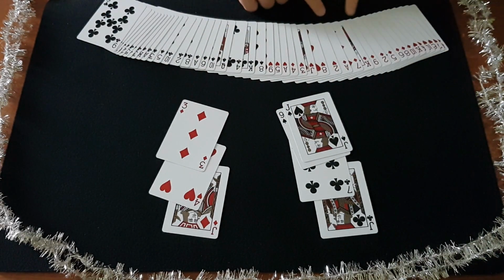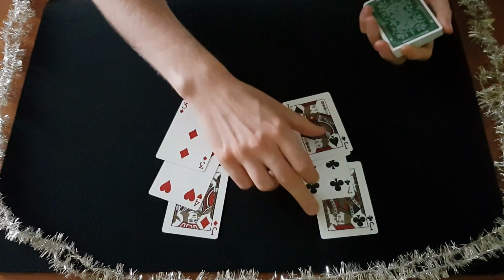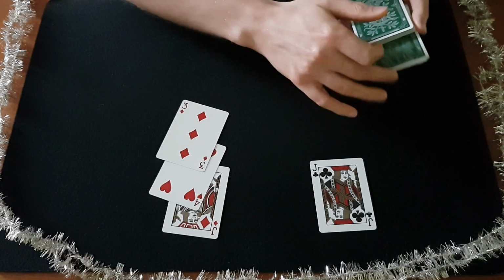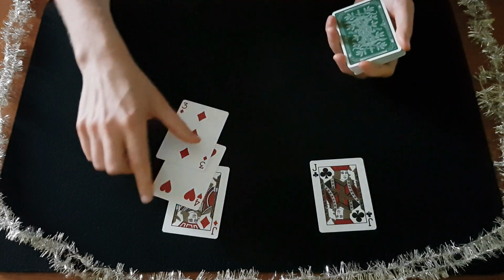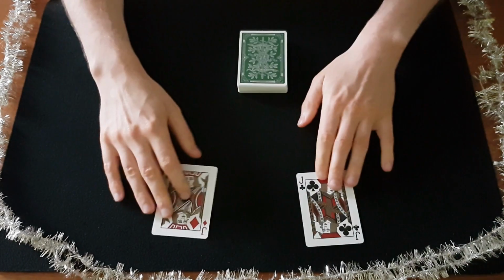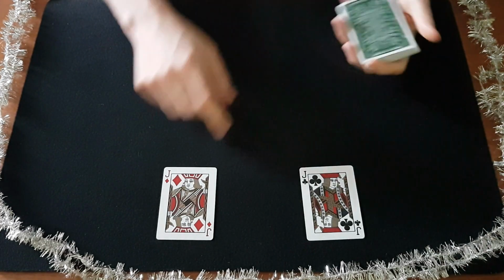Okay, so now we have the reds on top and the blacks on the bottom. And you take these 4 cards, the 4 black cards, and you return them somewhere into the bottom and the red cards somewhere into the top. And now you give the deck to the spectator and let them deal